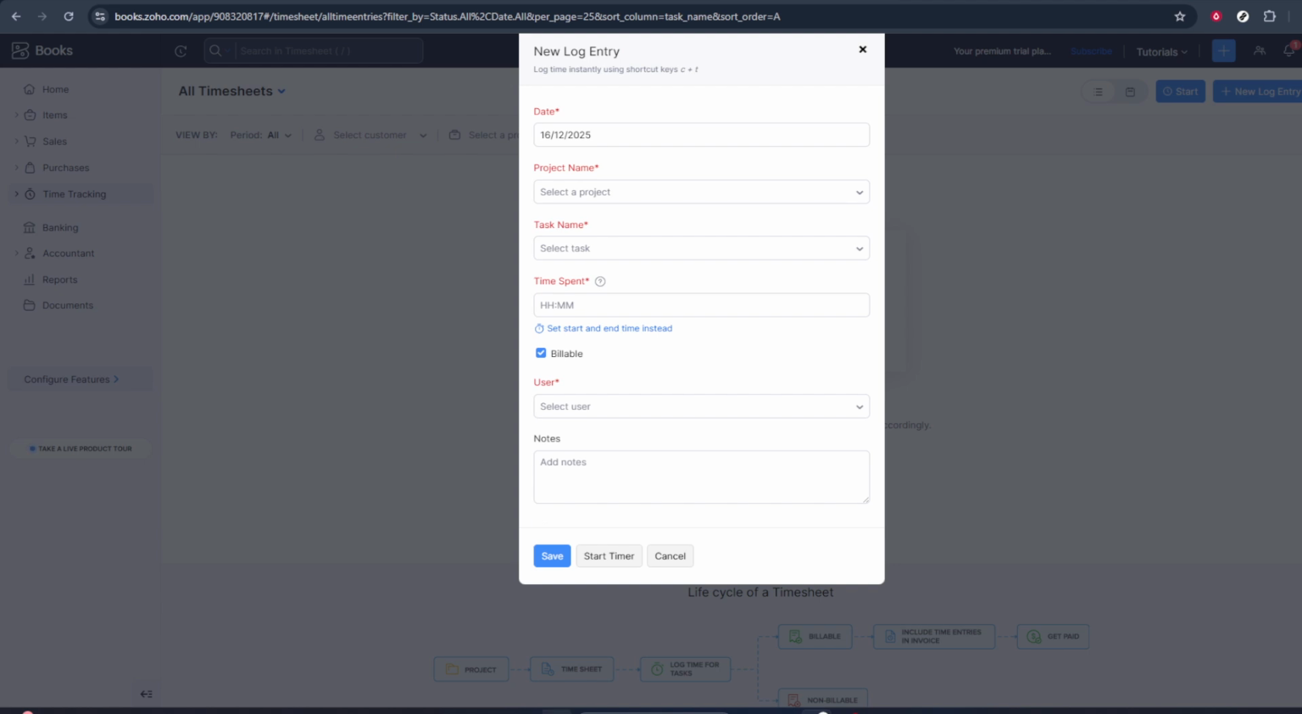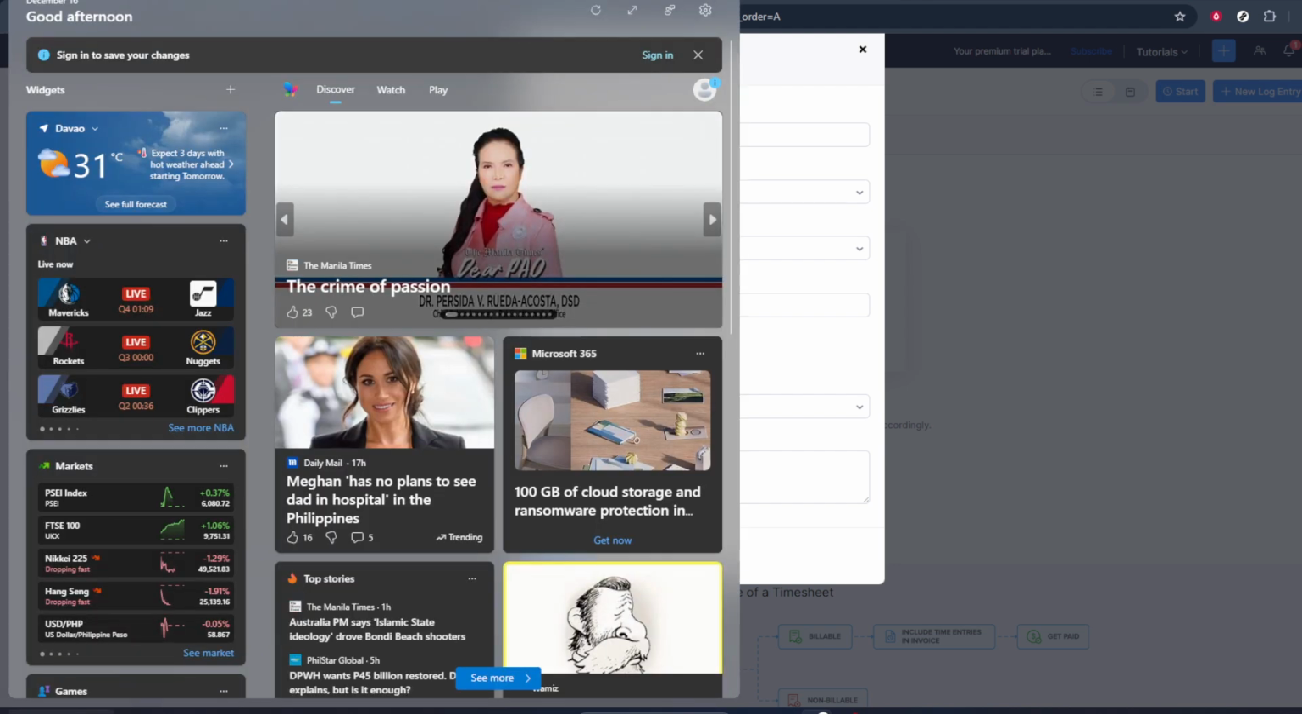When you're happy with the information, click on Save. Your new time entry is now recorded in Zoho Books and will appear